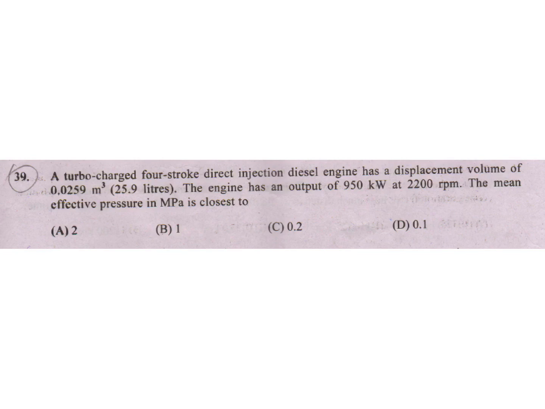A turbocharged 4-stroke direct injection diesel engine has a displacement volume of 0.0259 meter cube, 25.9 liters. The engine has an output of 950 kilowatt at 2200 rpm. The mean effective pressure in megapascal is closest to how much? So displaced volume Vs is 0.0259 meter cube. Output is 950 kilowatt, or work done per second. RPM N is